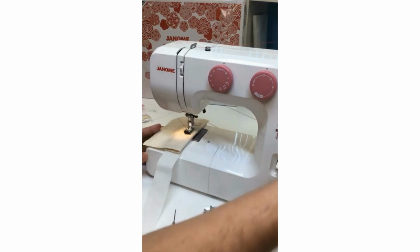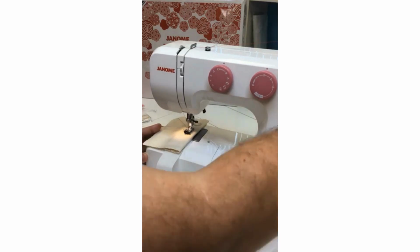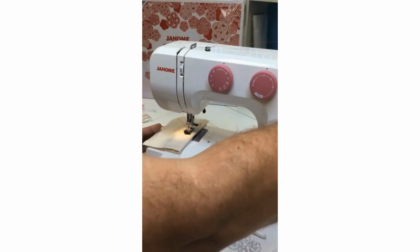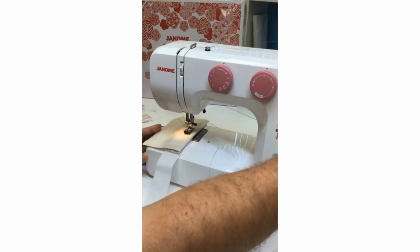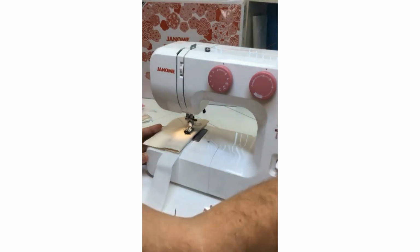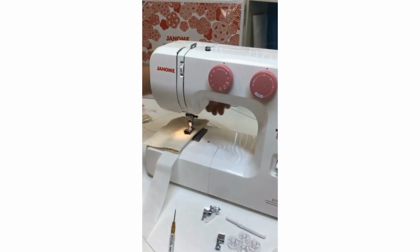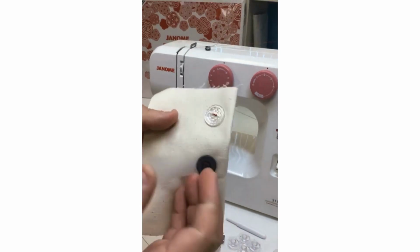So I always turn the balance wheel towards us, always towards us, to make sure. There we go. Can you see? It's automatically going in now. I know it's good. I'm not going to break a needle, so then I can use my power foot. I only need to do it a couple of times, and then I turn. There we go. And then I can remove my project here, trim all my threads, and then I can